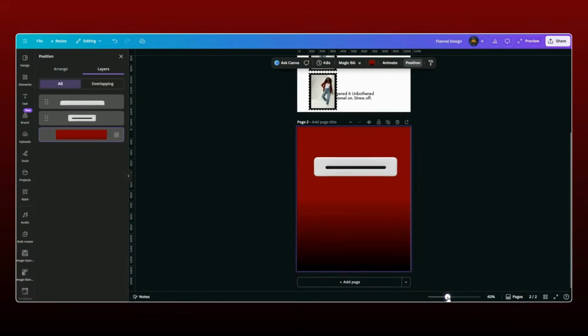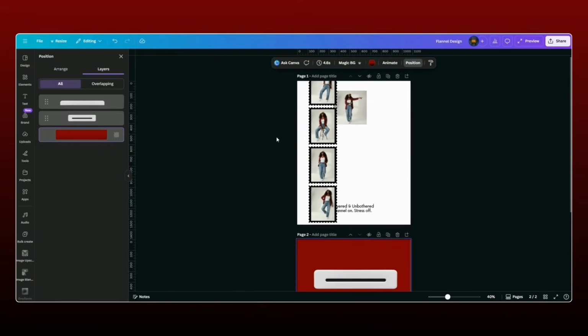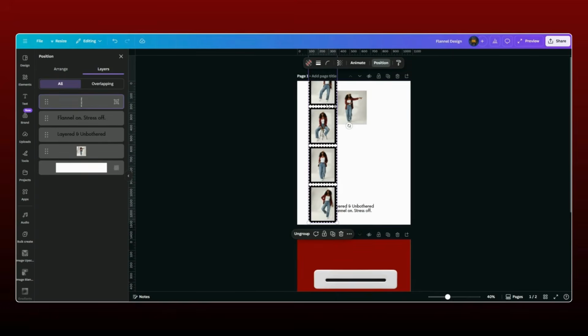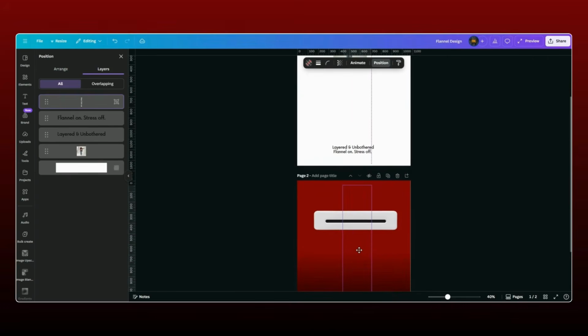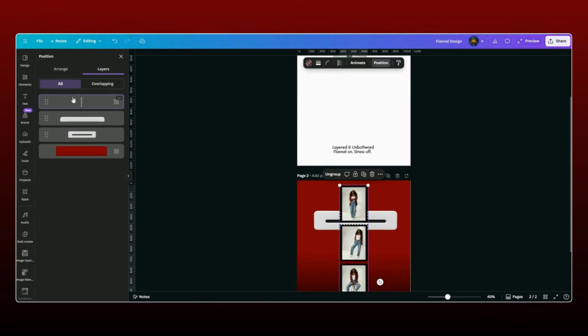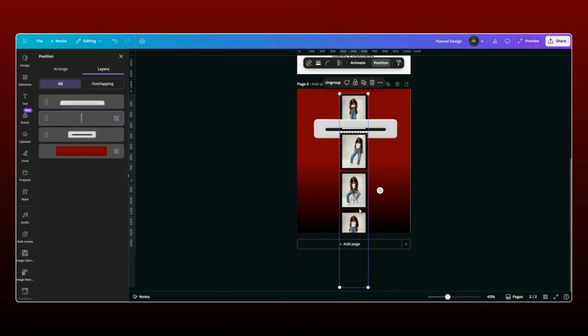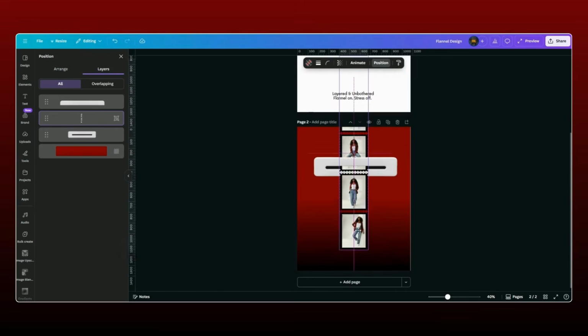So what we'll do now is we are going to bring in our photos. So I am going to take this, and what we need to do is you'll see your layers panel here. We need this grouped photo to be in between our little sandwich. So I'm just going to drop that here. And as you can see, it is between there. So now what I'm going to do is drag the first image all the way up,